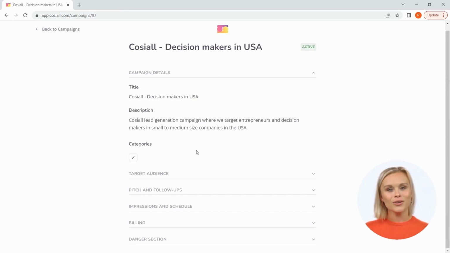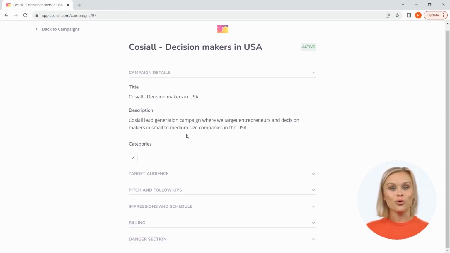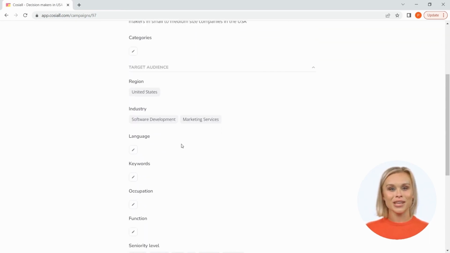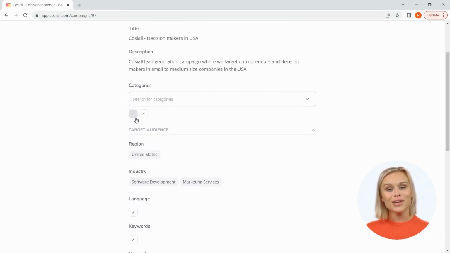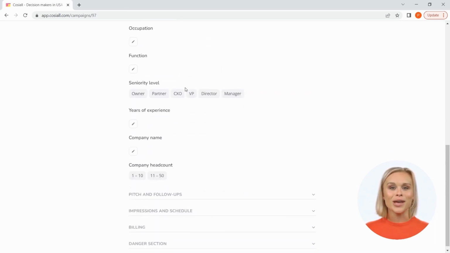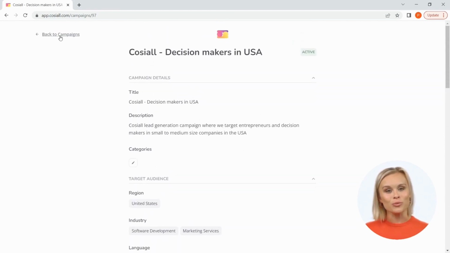As you may recall, this page contains the familiar campaign section that we introduced in the last video, where we can make changes such as adjusting the messages or altering the filters we used. It's important to remember to save any changes we make by clicking the Save button. Alternatively, if we choose to discard any changes, we can click the Decline button. Overall, everything else on this page should be self-explanatory, so let's move on to explore some of the more interesting